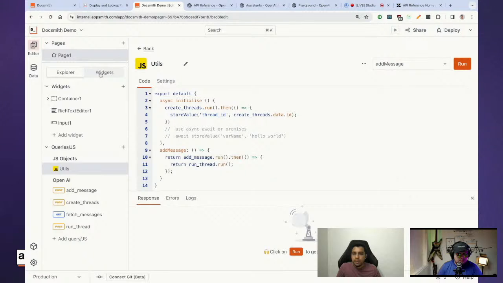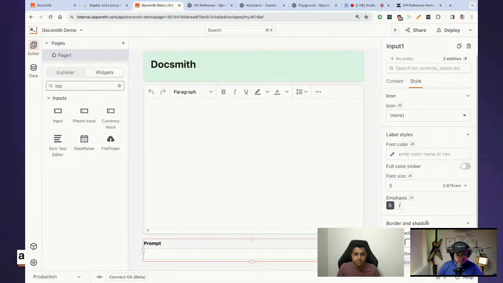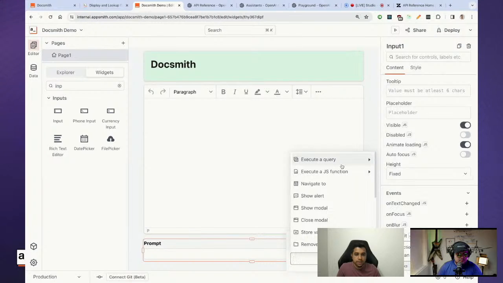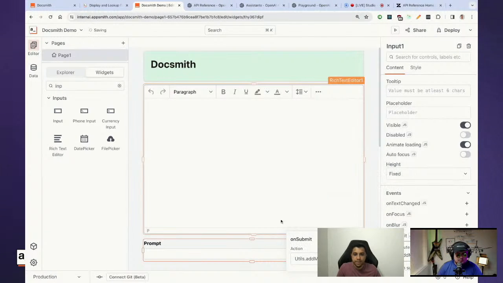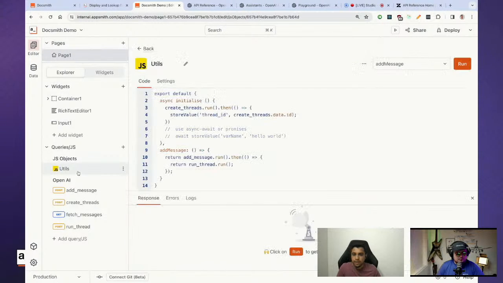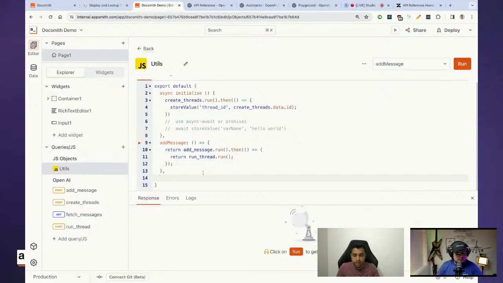Awesome. And what we have to do is wire that up to our input. So whenever the input is submitted, I'm going to go ahead and execute the utils function with add message, right? And also it's going to reset on submit. So that's fine. So now every time a message is added, we also need to go ahead and start checking as to whether the response has come, right? So let's create something called poll messages,